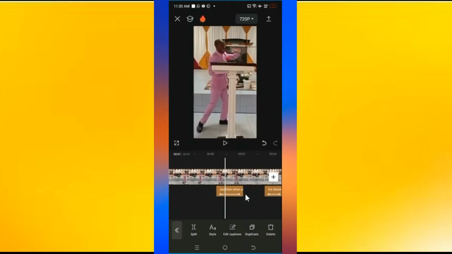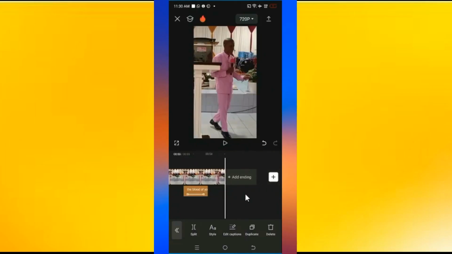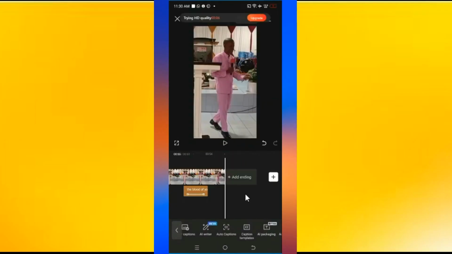Now after you have done that, the next thing to do is to add the promotional message. The promotional message is meant to boost maybe your social media handles or any other platform that you're using. In this case, you just click on add, so you delete first whatever is there, and then you add the ending. So you just click on this plus sign here, you click on this plus sign there, and